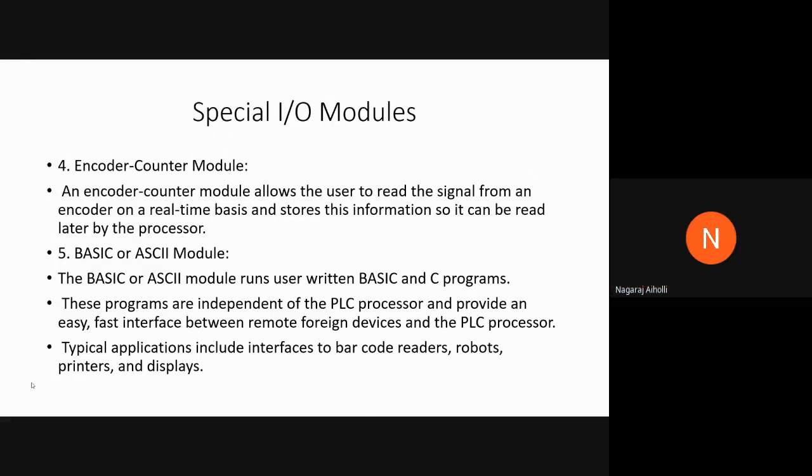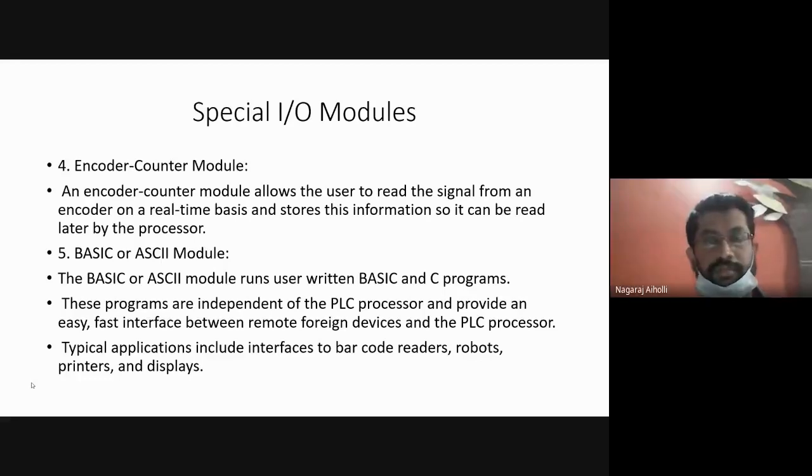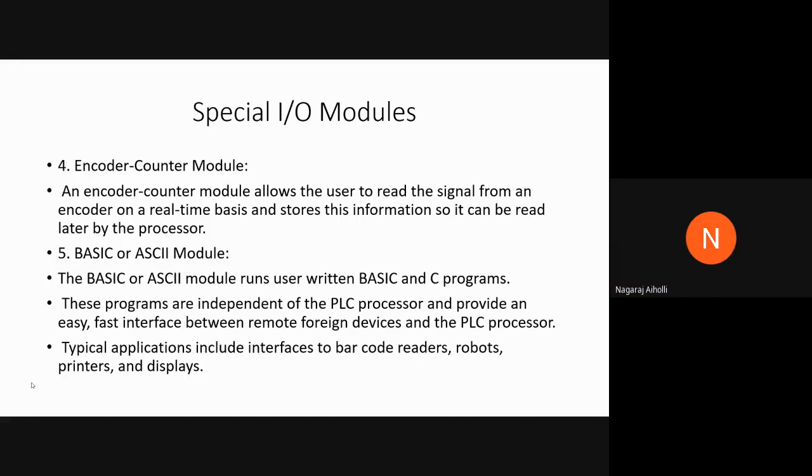Nowadays, advanced programs are being used for PLCs. Not only that, apart from BASIC and C programs, other programs are also being used. These programs are stored into the memory of the PLC. Information is sent to the PLC. These programs, the BASIC and C language programs, execute and see that they run a particular application, or they see that a particular application is being monitored and supervised in a particular way that is required by the user.